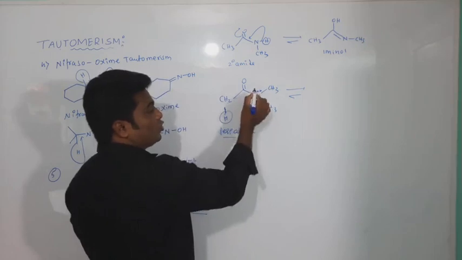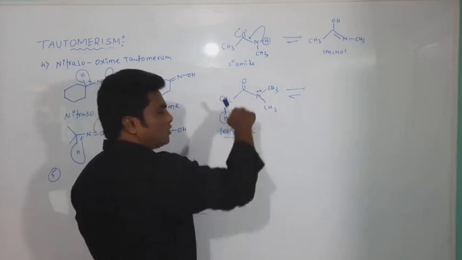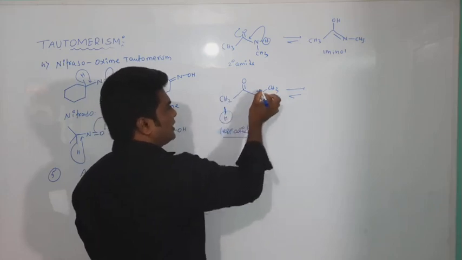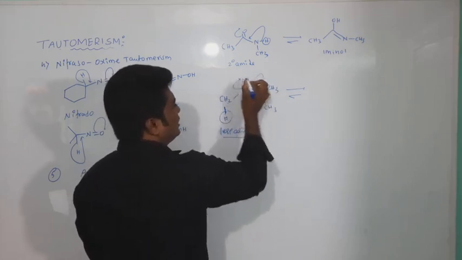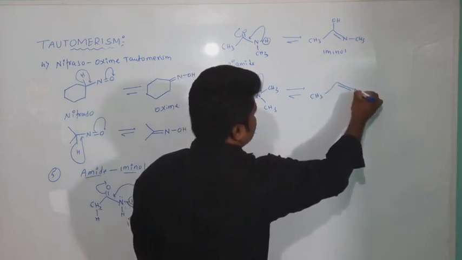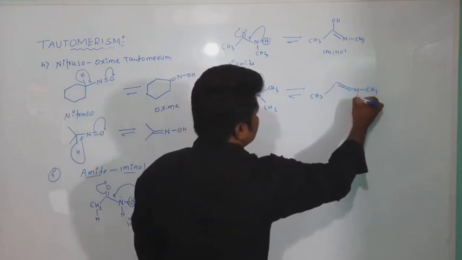It means these lone pairs do not allow this hydrogen to be involved in the tautomerism, because this carbonyl group also has lone pairs easily available. So why should I break this sigma bond? So that's why this carbonyl group will take the lone pair. Now you will get here the resonating structure. These are not tautomeric structures. These are called resonating structures.